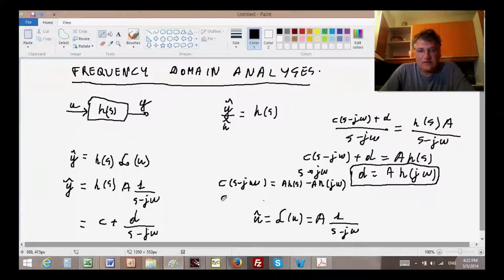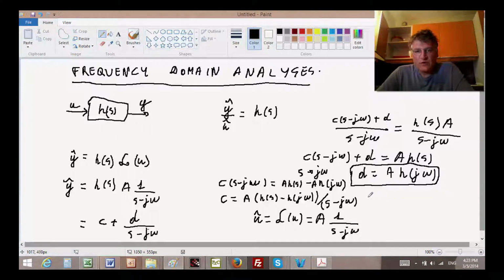Or, if C exists, C must be equal to A times h of S minus h of j omega, divided by S minus j omega. Or, in other terms, we must have that C is the limit when